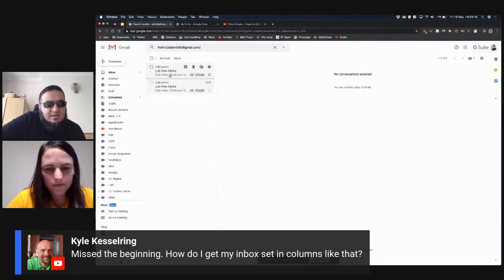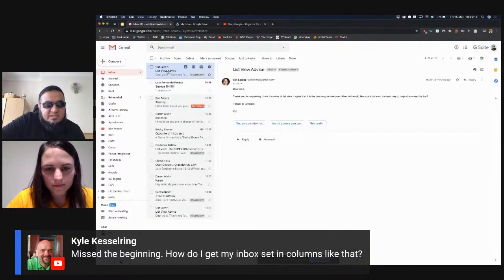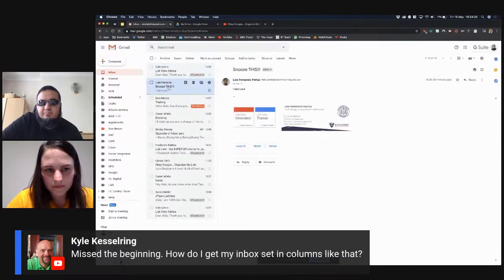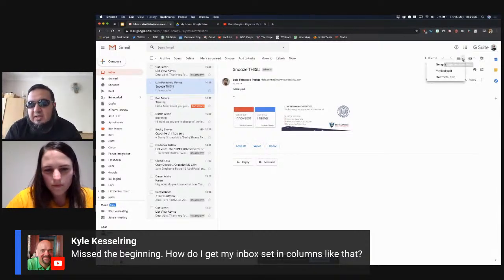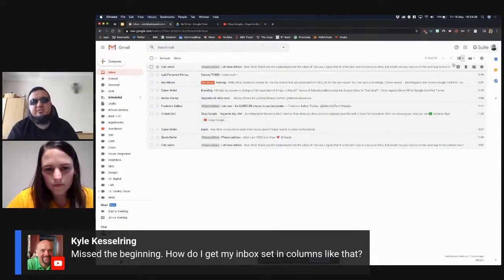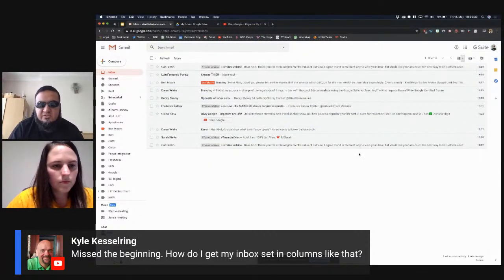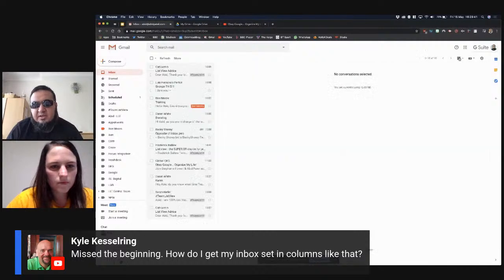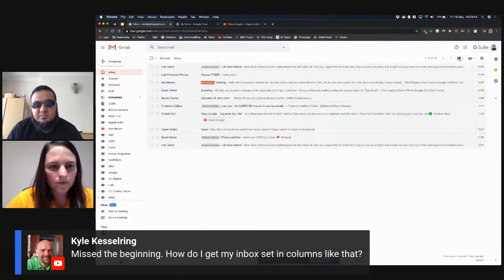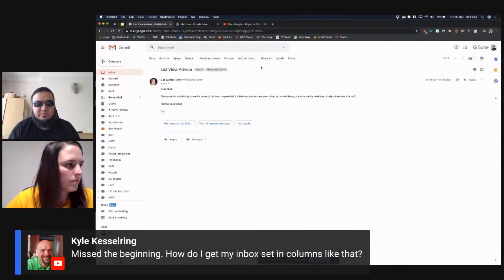So as you can see here, I've got my email set as preview pane. I think that's what might be the question. So in the corner here, you'll have an icon that says to toggle split pane mode, and there's some options. You've got no split. So if I select no split, it gives me just a very basic list of all of my emails. I can also go through vertical split, and I can also go through horizontal split.